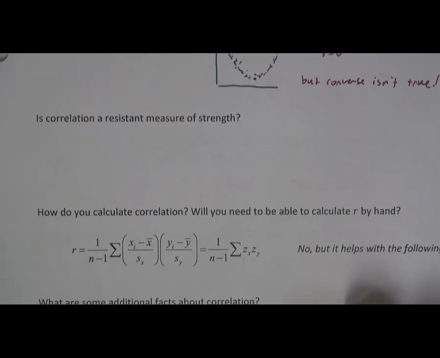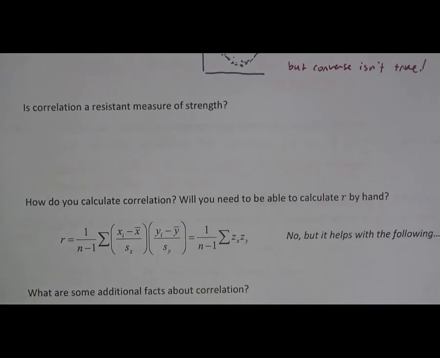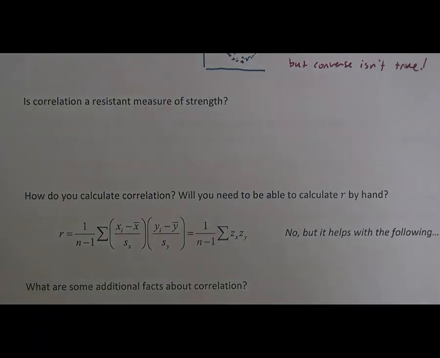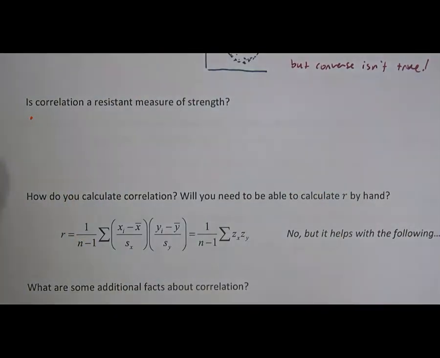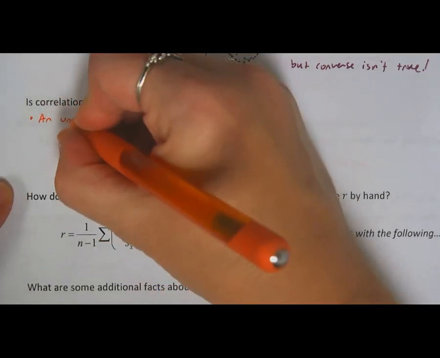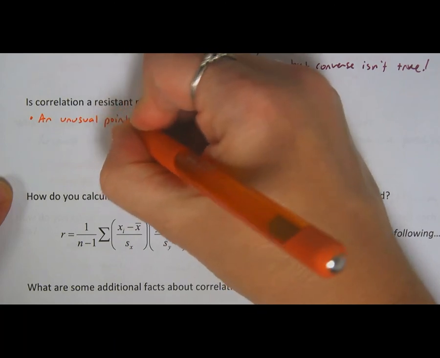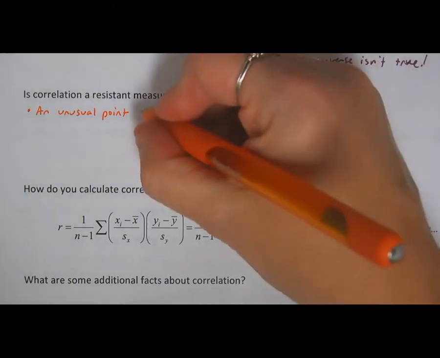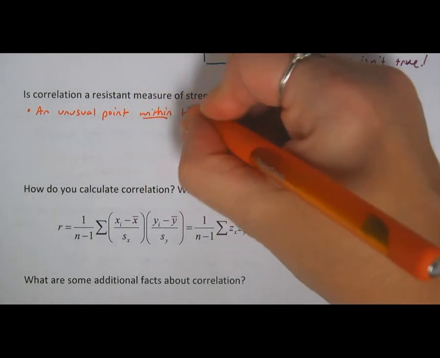Is correlation resistant? In other words, if I were to throw an outlier in there, or a point outside of the overall pattern, would R stay the same or would it change? And R changes with those. So an unusual point in the pattern, I'm going to tell you the difference now between a leverage point and an outlier, okay? An unusual point within the pattern, and we'll have more on leverage points in an upcoming lesson so you can see what they are, within the overall pattern,